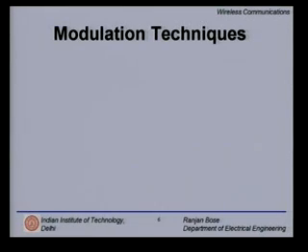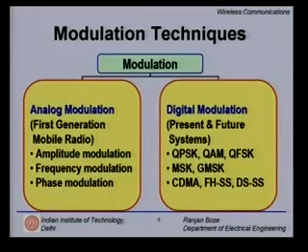Now, let us broadly classify the different modulation techniques. Very broadly, modulation techniques can be classified into either analog modulation or digital modulation. Analog modulation was popular with the first generation mobile radio systems and still can be used for radio receivers at home. However, digital modulation takes the biggest piece of the cake, and this is where more than 85% of today's communication systems work, digital modulation techniques.